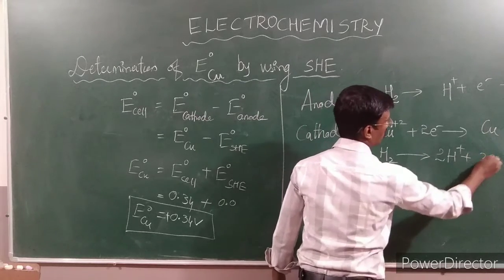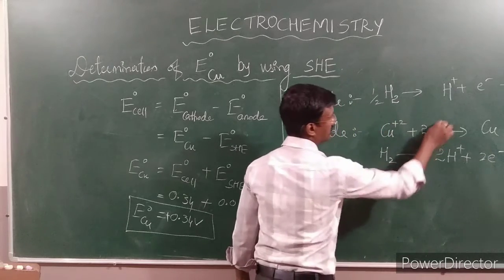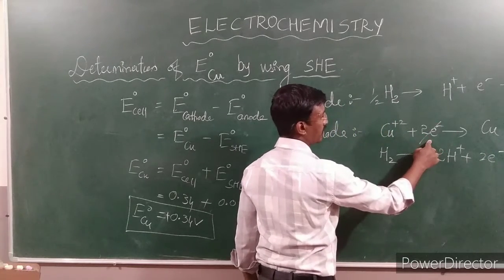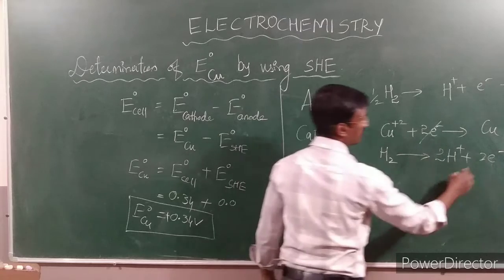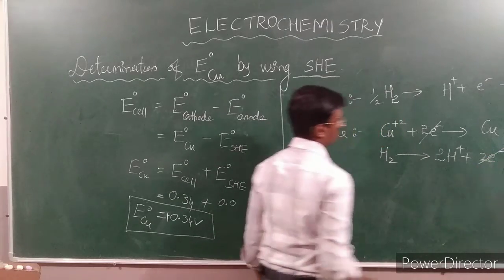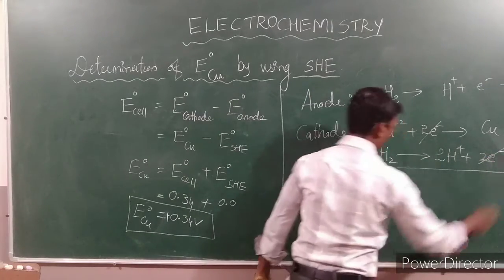Plus 2 electrons. So now we will cancel. On the left side, in the reactant, we are having 2 electrons. Here in the product, on the right side, we are having 2 electrons. So the remaining overall reaction is